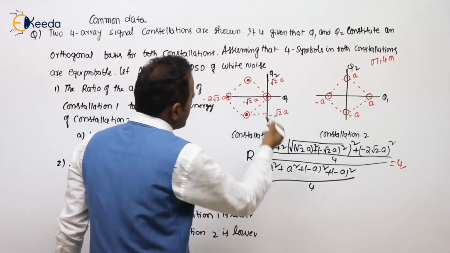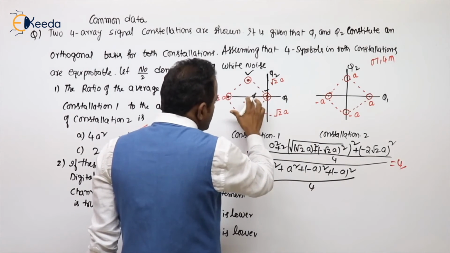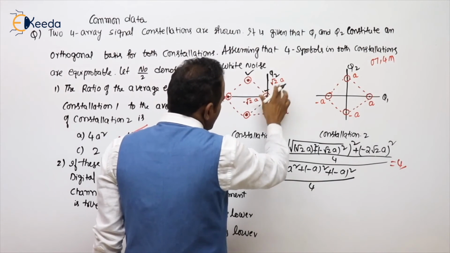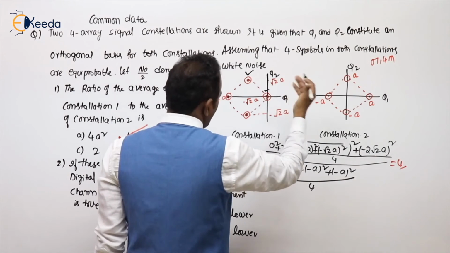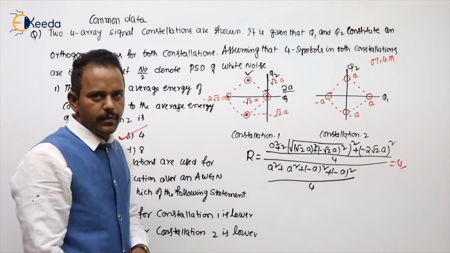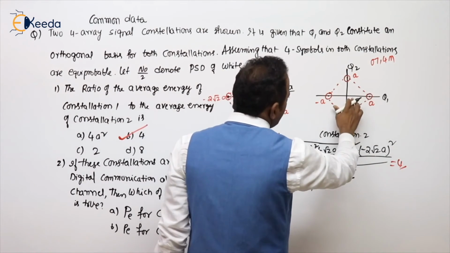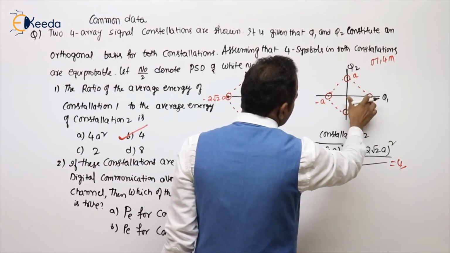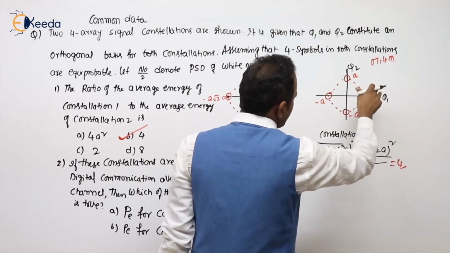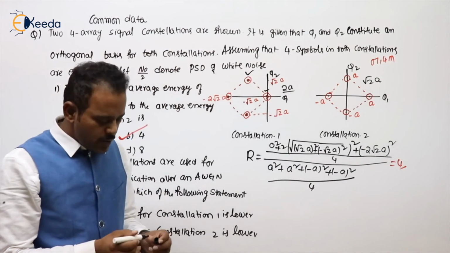Now apply the Pythagoras theorem between these two. I am calculating root of adjacent side square plus opposite side square. Adjacent is root 2a square. So 2a square, 2a square, 4a square under the root. So it will be 2a. Got my point? Calculate here. Say Pythagoras theorem. Opposite side, adjacent side. Root of a square plus a square. 2a square. So root 2a. Where is the distance more?